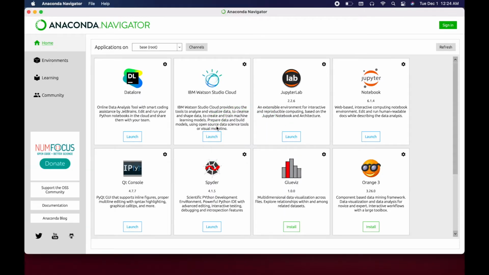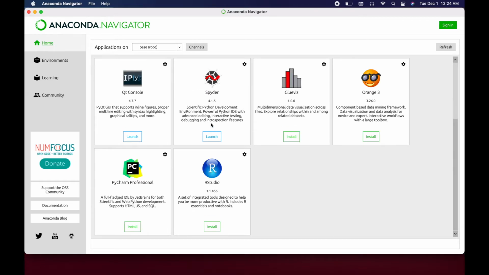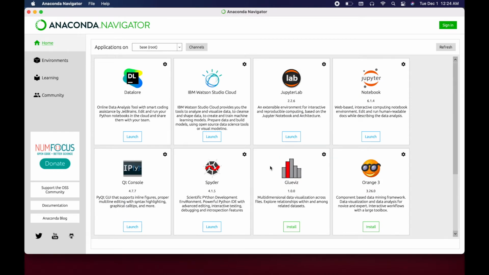One of the great things about Anaconda Navigator is it has a lot of options here. You can use this same software to write code in R, SQL, HTML, a bunch of different options here, and also different IDEs that you can use to do what you need to do. So really what you're here for is Jupyter Notebook. So I'm just going to stick to that topic and click on the launch